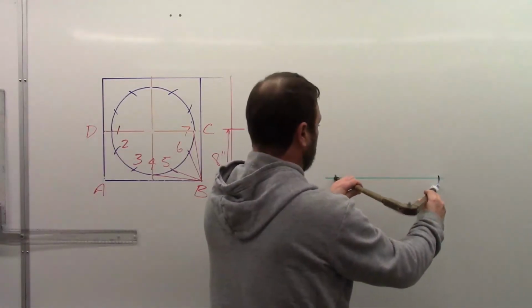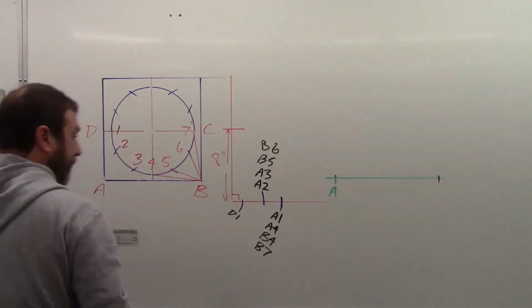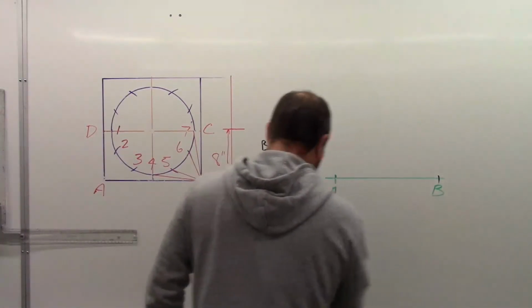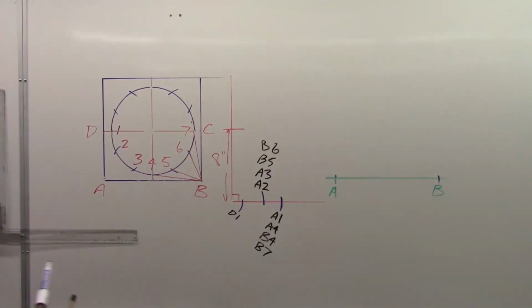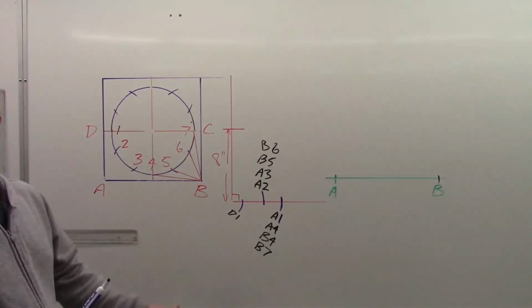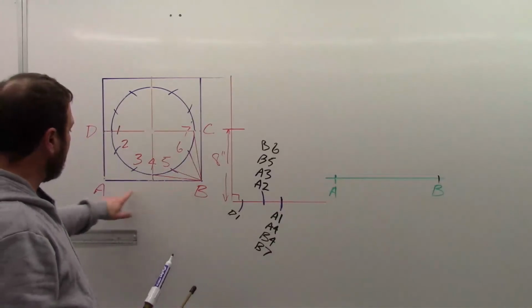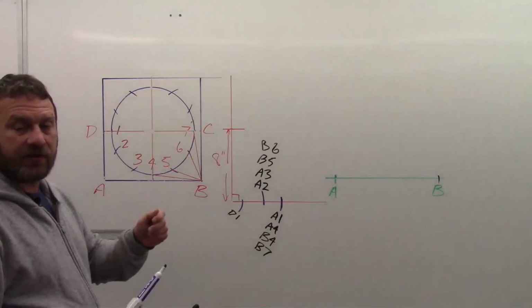So I point that one off. That becomes point B. That becomes my known points now. Okay? So if we think of our process again, taking two known points to create a third, if my two known points are A, B,